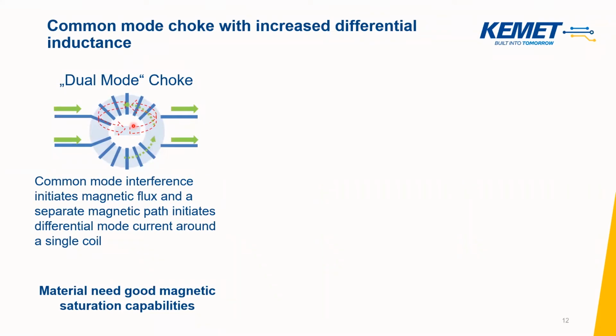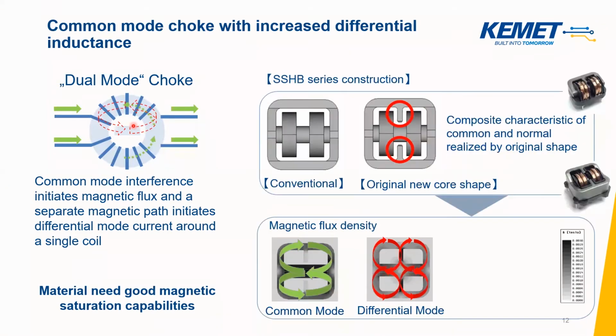Of course, it would not be possible for one choke to give you the desired effect for exactly the frequencies that you need. There is, of course, a certain set of frequencies, both for common mode and differential mode noise, which would be creating the needed insertion loss. But at least there is a possibility for us to look into your EMI problems, and perhaps suggest one choke instead of two chokes. Now, how do we realize this theoretical knowledge in a practical product?